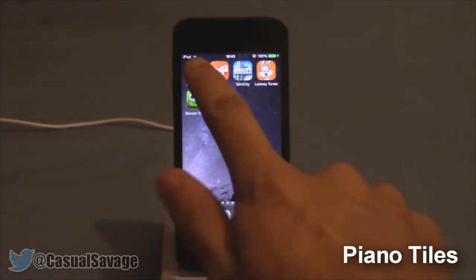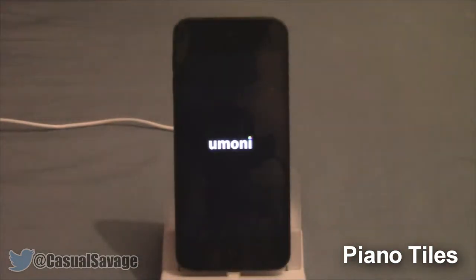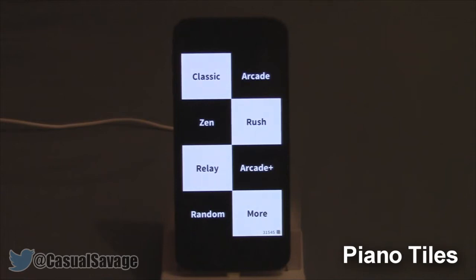So the first app I have for you is called Piano Tiles, which is a free app. So this is the app. It's pretty simple. You see, we've got Classic, Arcade, Zen, Rush, Relay, Arcade Plus, Random, and more, which is basically just the settings. So I'm going to show you the Arcade one because it's my favourite, and you can see